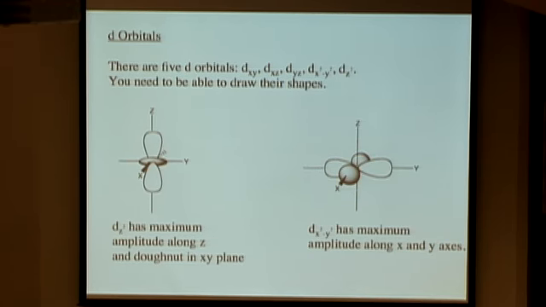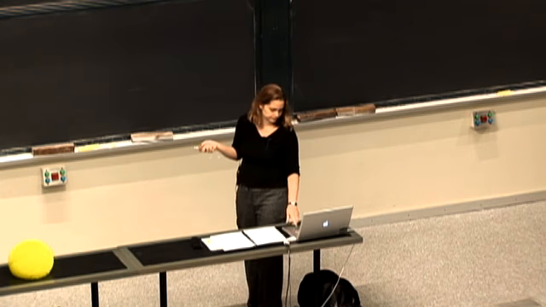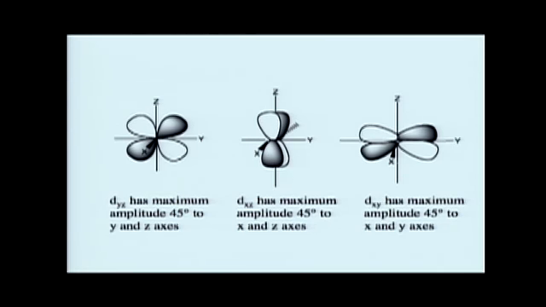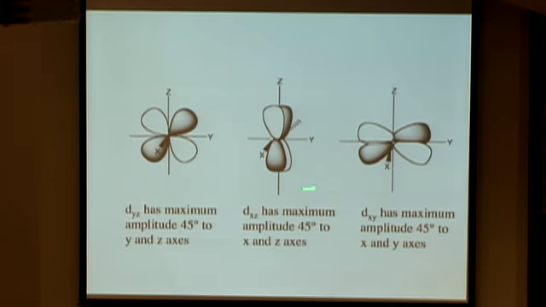So dx squared minus y squared has its maximum amplitude along the x and the y axes, so directly on axis for this particular d orbital. The next sets of d orbitals have their maximum amplitudes off axis, so they don't correspond directly to the axes that I just mentioned. They're, in fact, 45 degrees off axis. So we have the dyz shown here, dxz shown here, so maximum amplitude 45 degrees off z and y axes, or z and x axes, and then